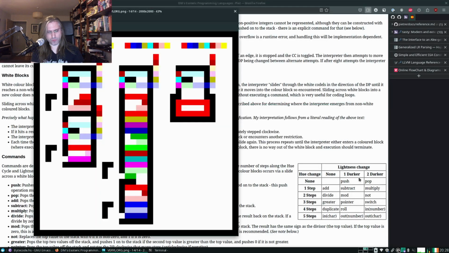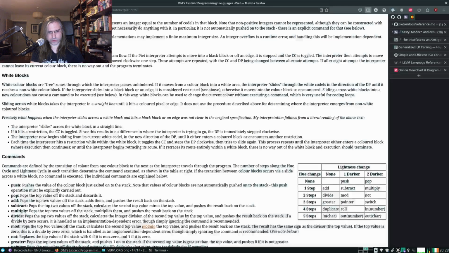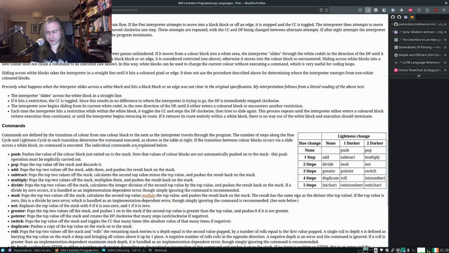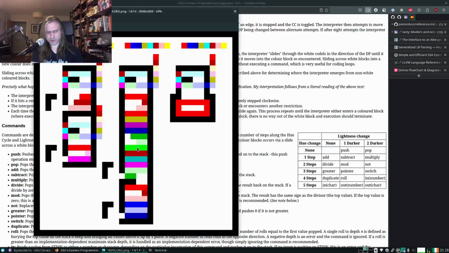Oh no, it's only 1 darker. No, it's 2 darker. So that is a pop. Interesting. Why are we doing this? Because I thought the switch consumed the value. I don't remember this, the thing I did myself. Because then this is from regular red to 1 darker, which is a push, so we're pushing this value here.